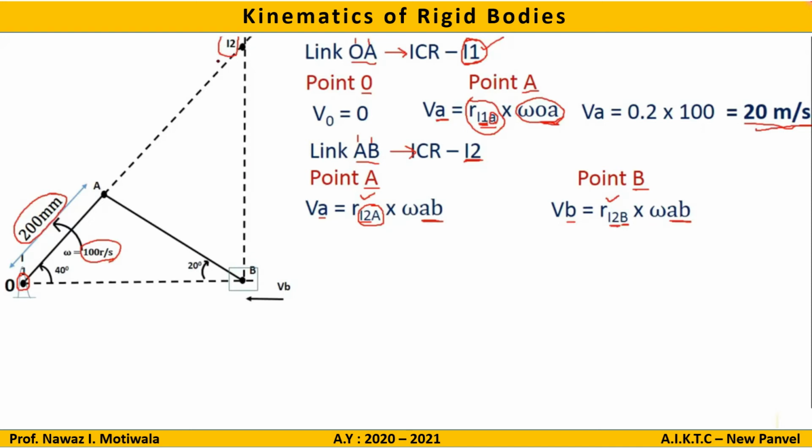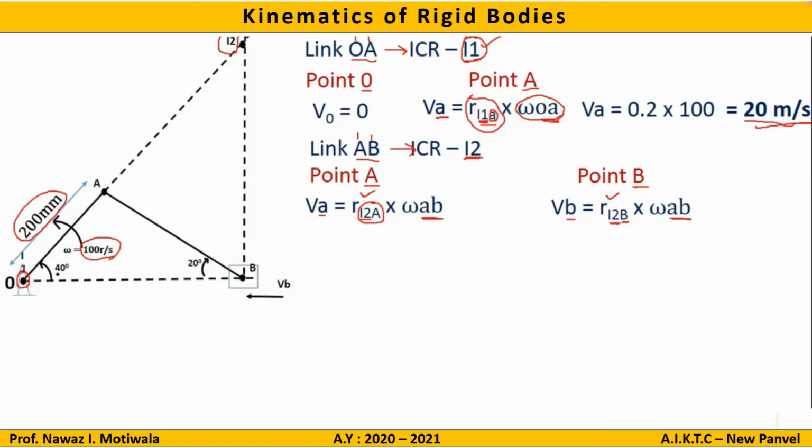To apply the sine rule or cosine rule, which we have seen, for the sine rule we need 3 angles and 1 side. For the cosine rule, we need 1 angle and 2 sides. It's just geometry. If this angle is 40 degrees and this angle is 20 degrees, what will be this angle? Yes, you are correct. 40 plus 20 is 60, and the sum of angles in a triangle is 180, so this will become 120 degrees. 120 plus 40 plus 20 gives you 180.